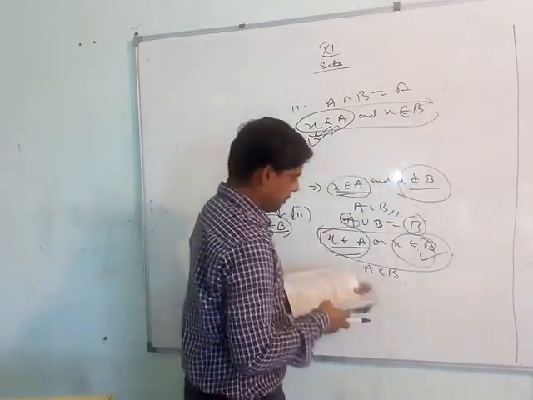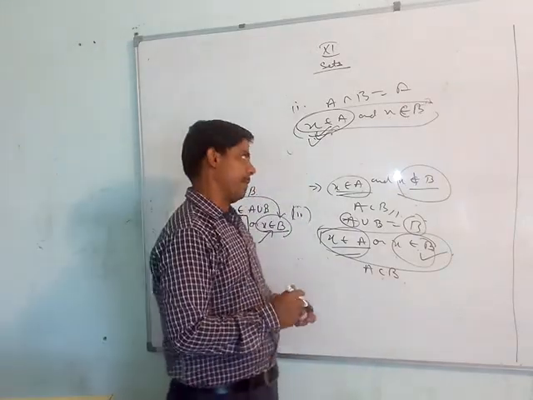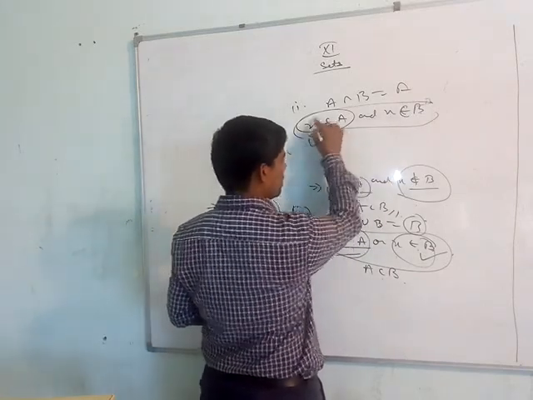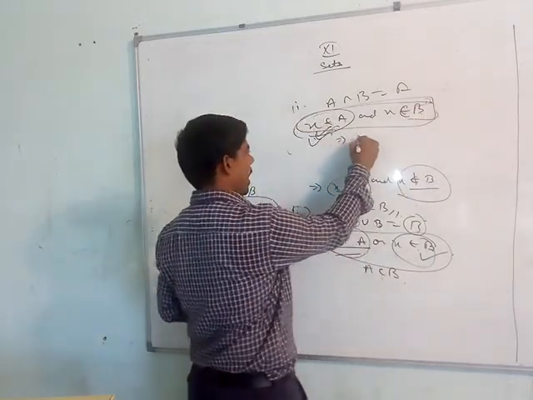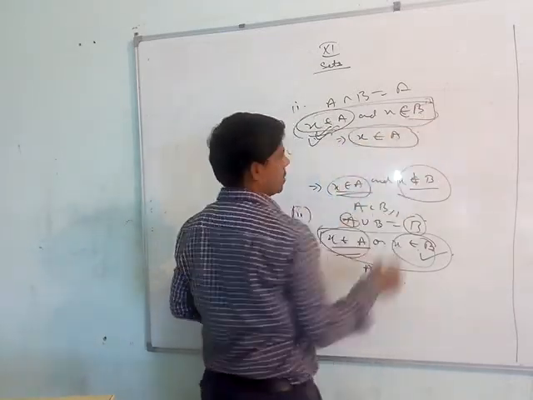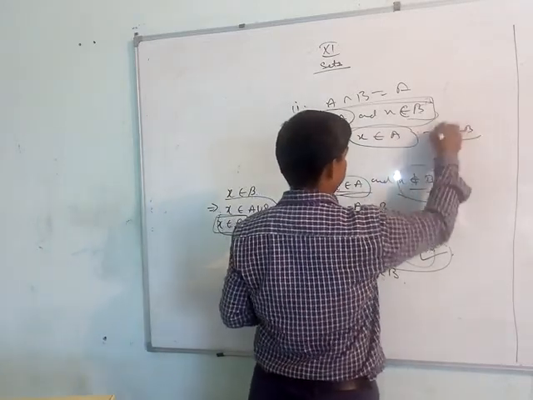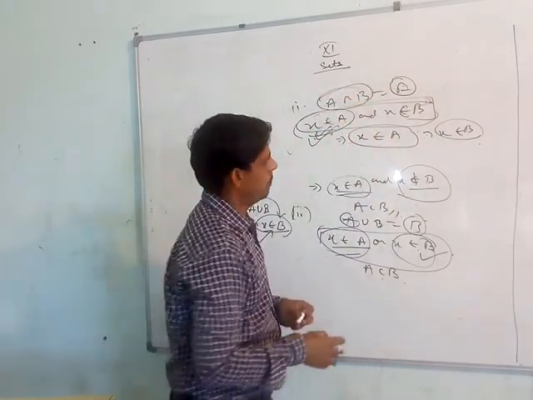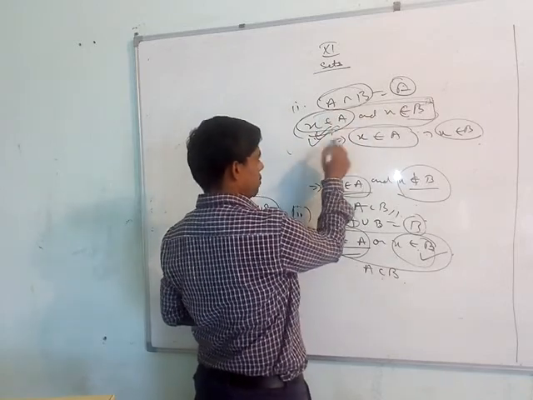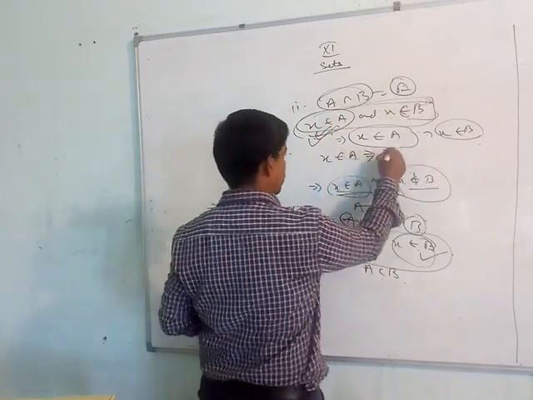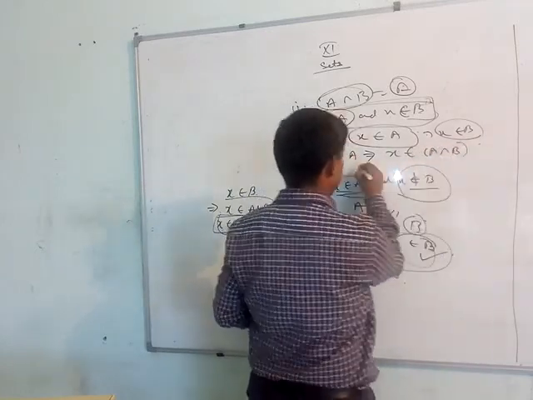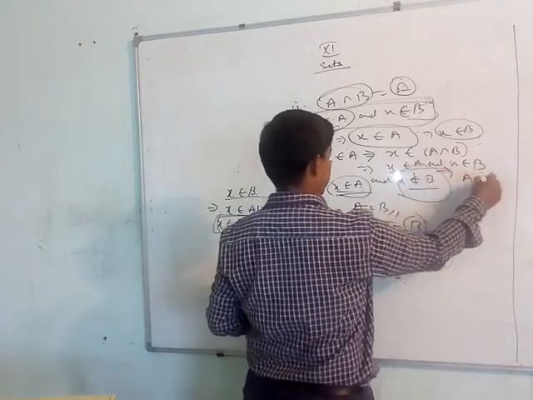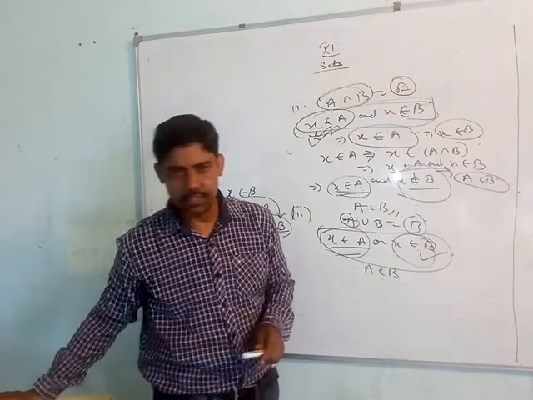We can easily prove it in all the examples. We have to prove that A is subset of B. So x belongs to A and x belongs to B. Therefore, x definitely belongs to B, because all the elements of A are in A intersection B. So we can start from there also. x belongs to A implies x belongs to A intersection B, and this implies x belongs to A and x belongs to B. Therefore, A is subset of B. ऐसे भी लिखा जा सकता है. You can write it like this.